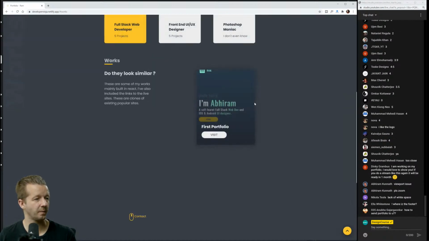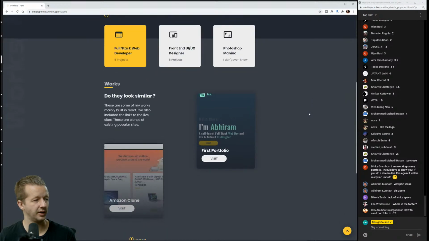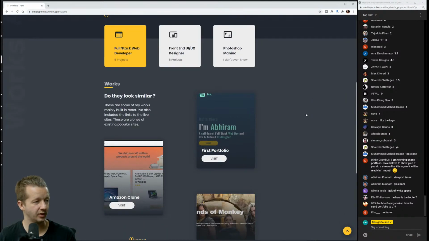Works. All right, so we have scroll-based animation. So where it says works, do they look similar? These are styled very similar. This one's a little bit higher contrast. It's lighter, but in terms of the size, they're both the same. So you need to figure out which one